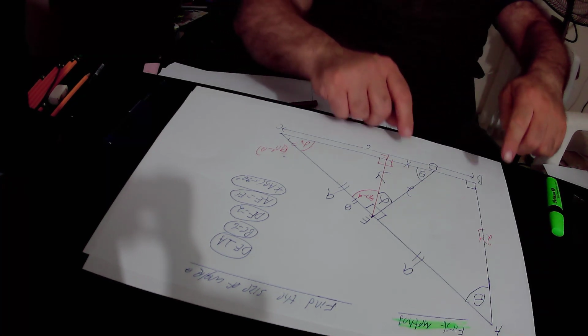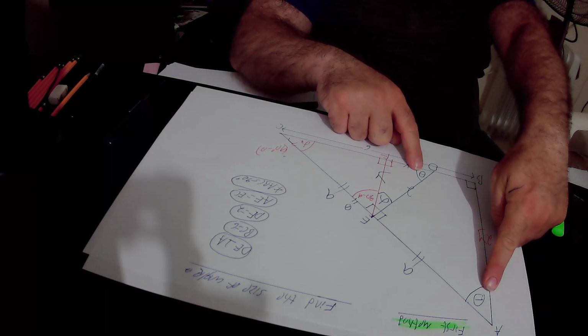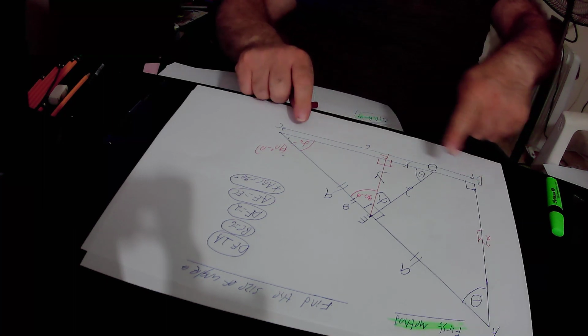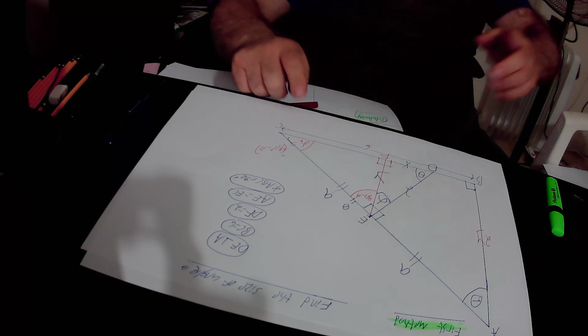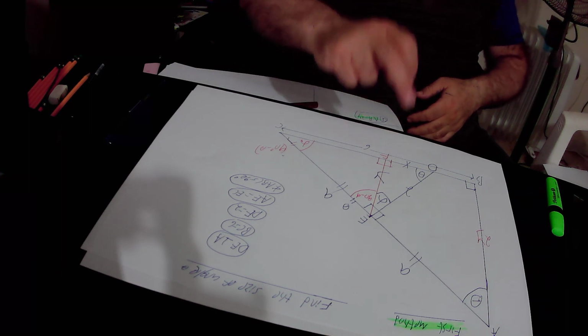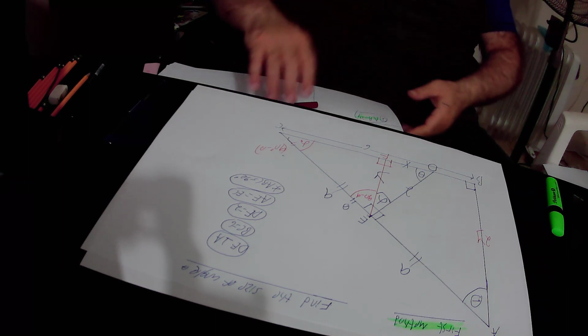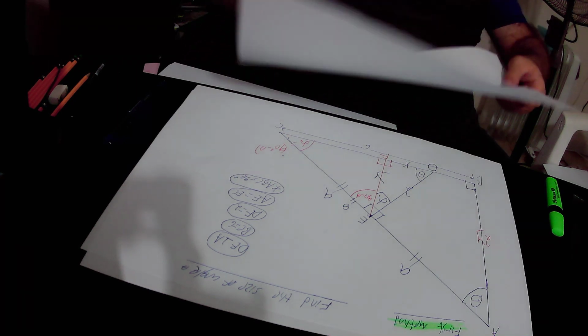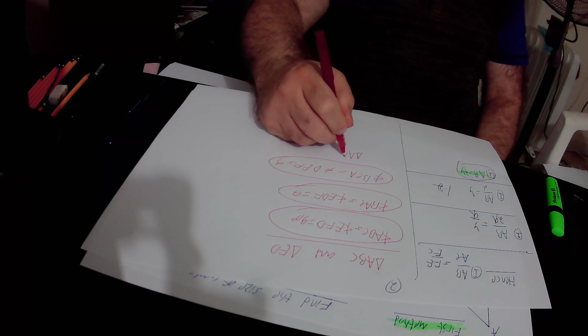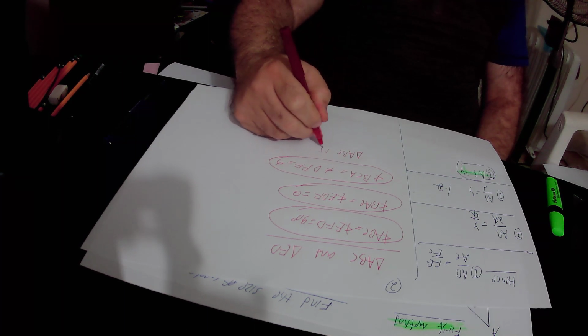Why? Because those two angles are both equal to theta, those two angles are both equal to 90 degrees, and those two angles are both equal to alpha. Therefore, we proved the triangle ABC is similar to triangle DEF according to the angle similarity rule. We actually proved that the big right triangle, triangle ABC, is similar,